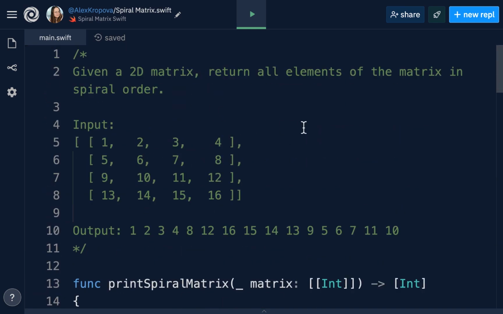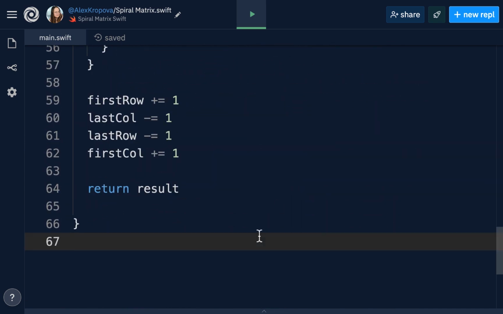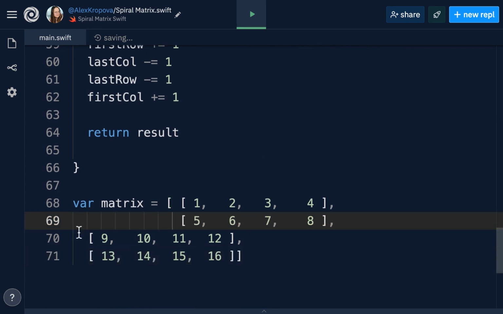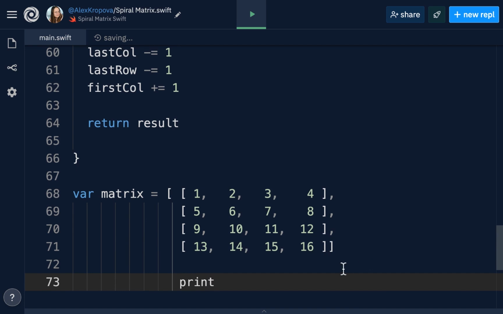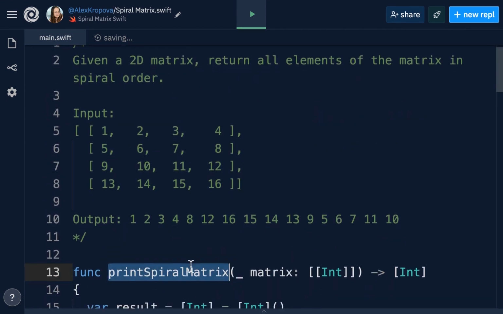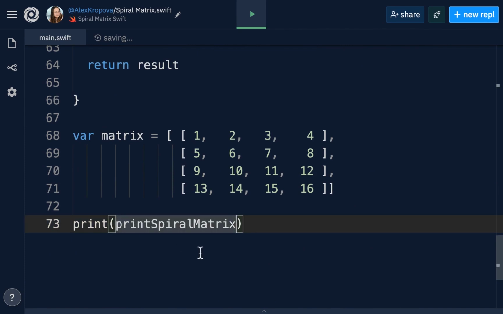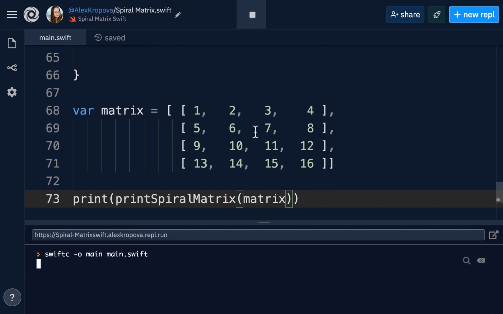Let's go ahead and come back to the top and copy this two-dimensional array, this matrix. Then we'll come back down and we're going to use that two-dimensional matrix. We'll call this matrix and we'll copy in those values because we are familiar with those values, so we know what we expect when we print this matrix in spiral order. So I'm going to take our function called print in spiral order, and I'm going to put that matrix into the parameters of the print spiral matrix function. After this, I can pull up the console and hit run.